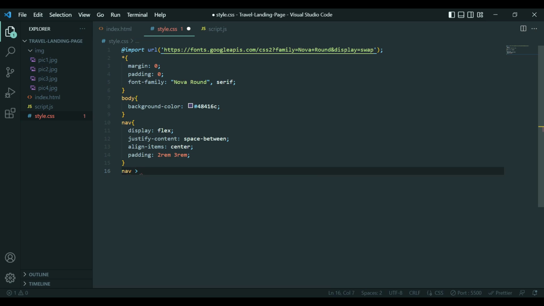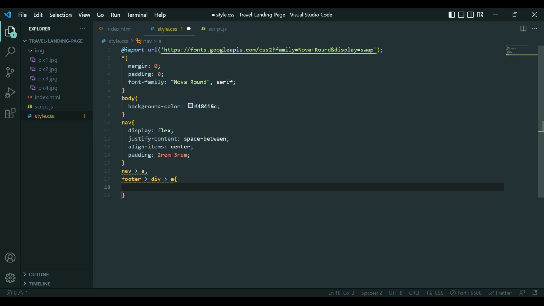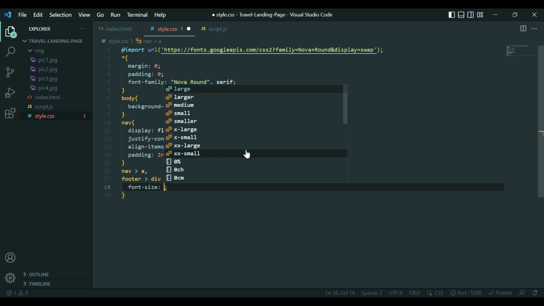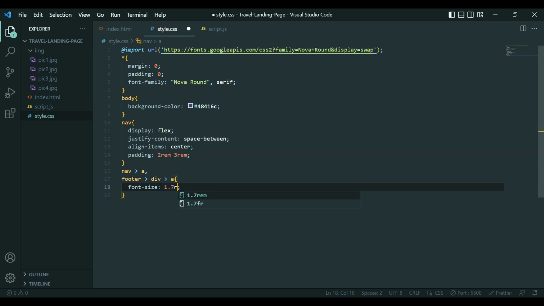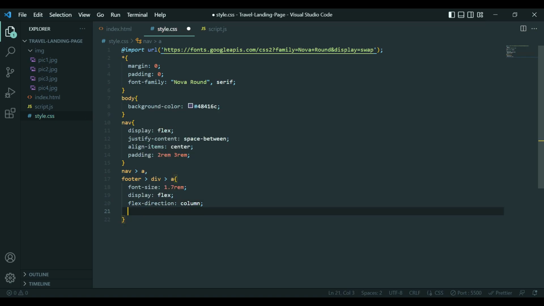Use this arrow, and I'm going to say the anchor tag. Then also for our footer, the div. So this includes all the divs and all the anchor tags we have. Okay, and here I'm going to add font size of 1.7. Also we'll add a display to be flex, direction column, align items center, color,